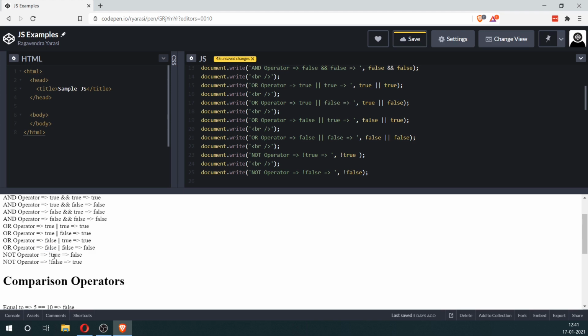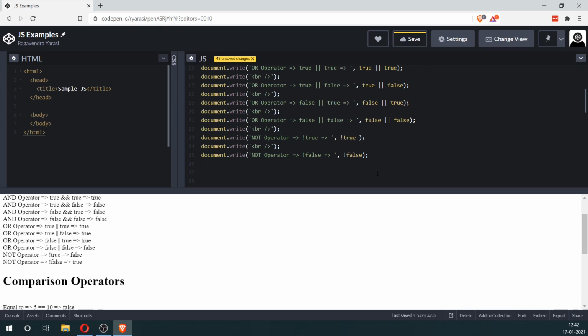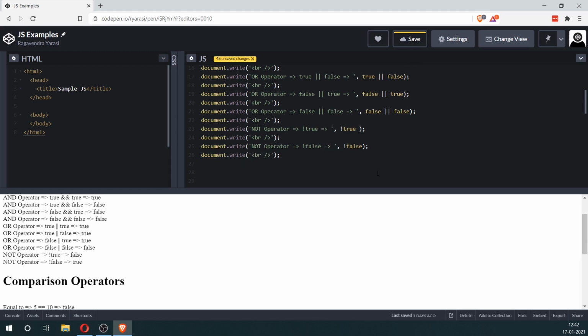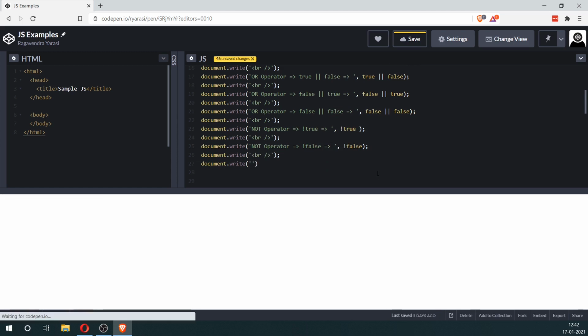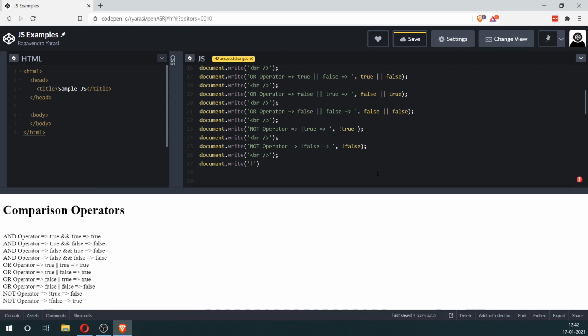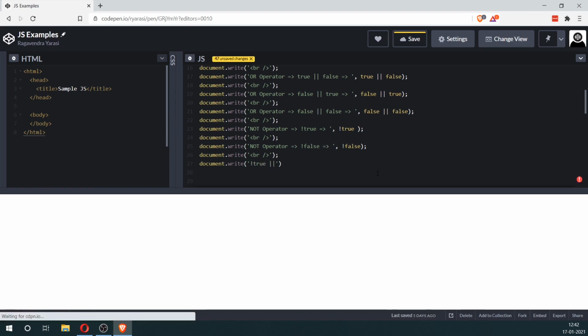And finally, the NOT operator inverts the truth value of whatever it's put in front of. So not true would be false, not false would be true. Now the great thing about these operators is that you can chain them together. For example, I can create a complex expression, something like this, where I can say not true or not false